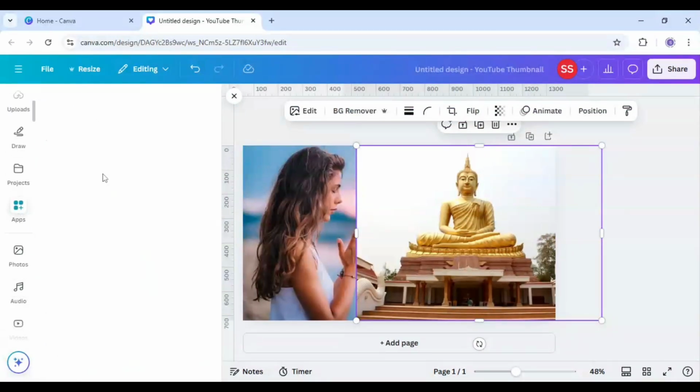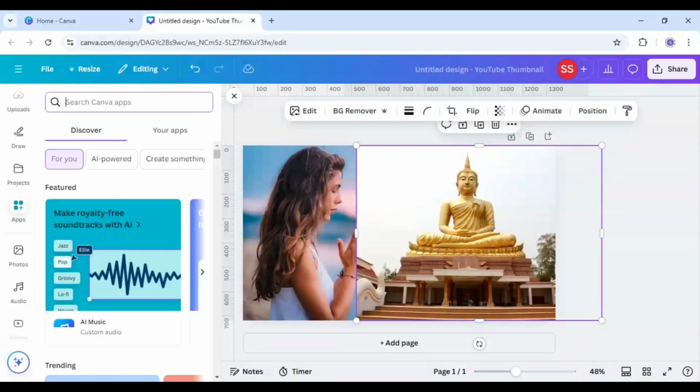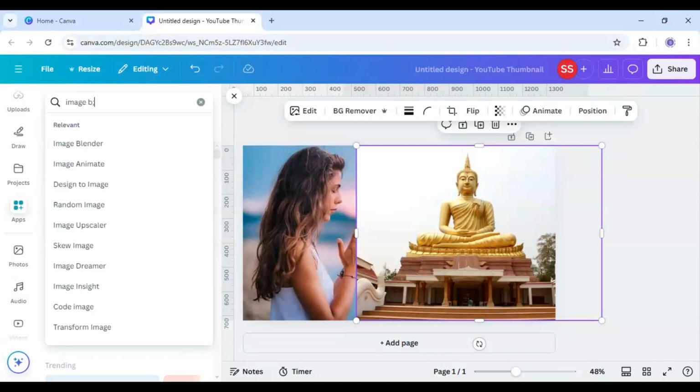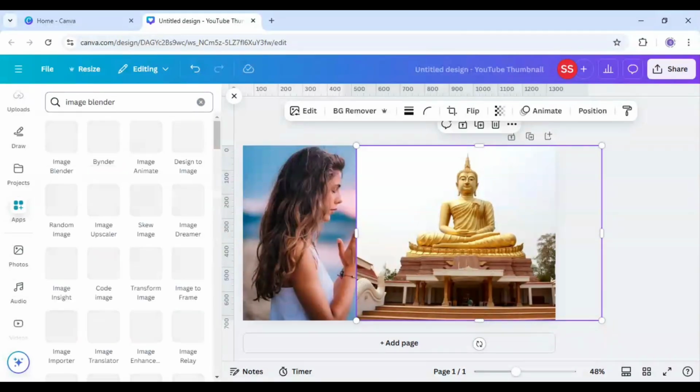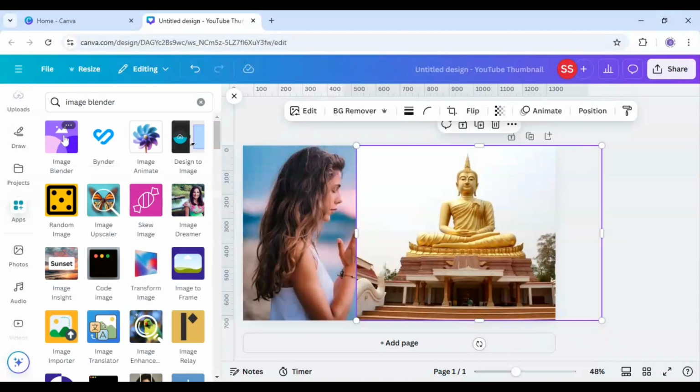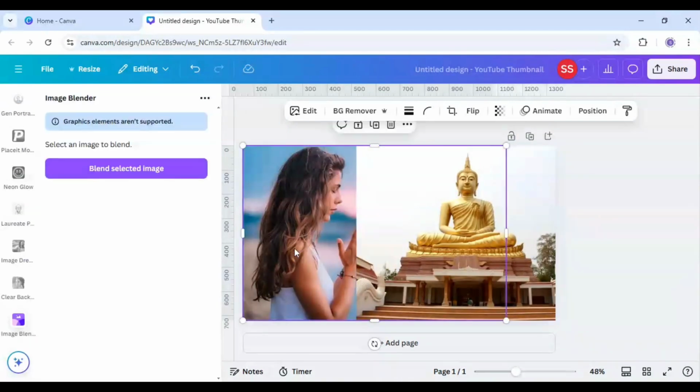After that, when it is done, I will just hold the upper layer, and I will go to apps, and after going to apps, here I will select image blender, and I will select the first app here. So I will select the meditating image here and click on blend selected image,